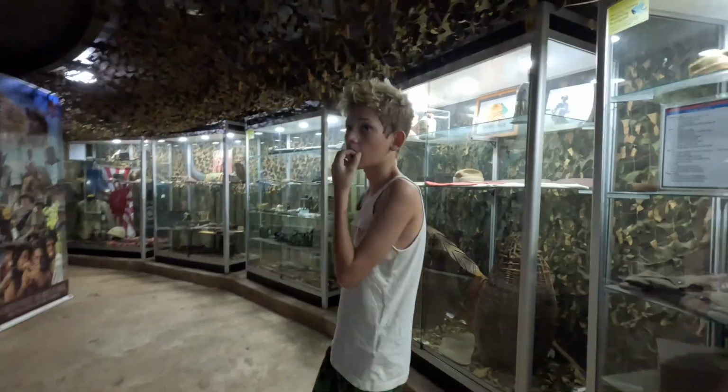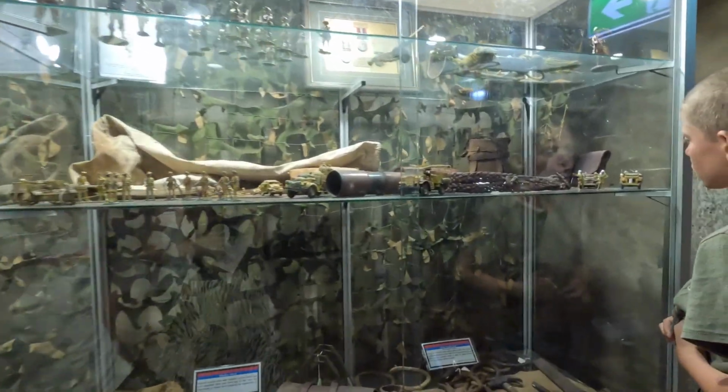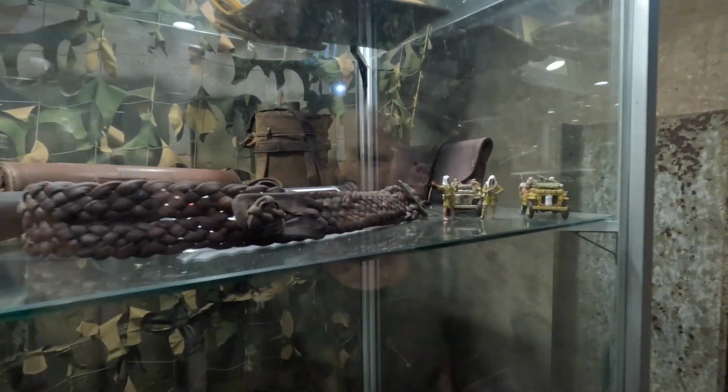Look at all these models. Oh, look at those. They're cool. Machine guns, models. That's the tank thing. This is the...